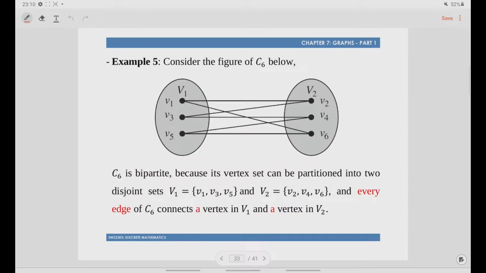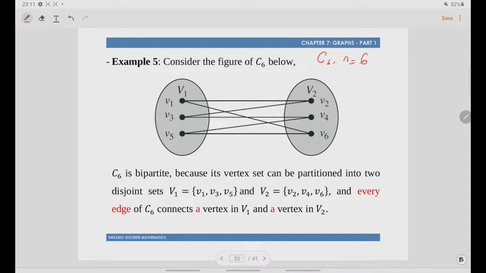Okay, as usual, I give you an example. Consider the figure of C6. C6 means we have a cycle. Cycle C6 means n, the number of vertices, is equal to 6. There are 6 different vertices. So in this graph, okay,